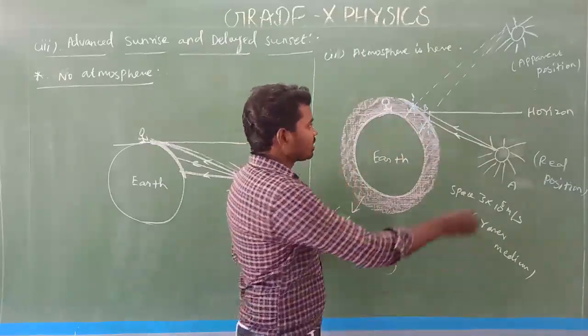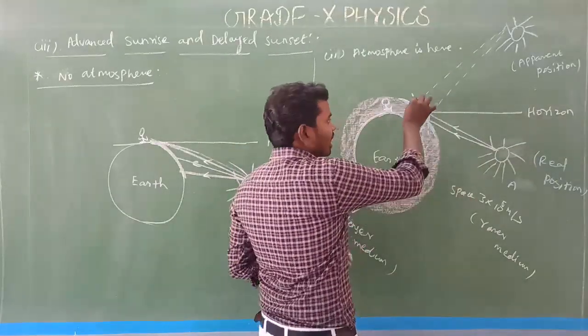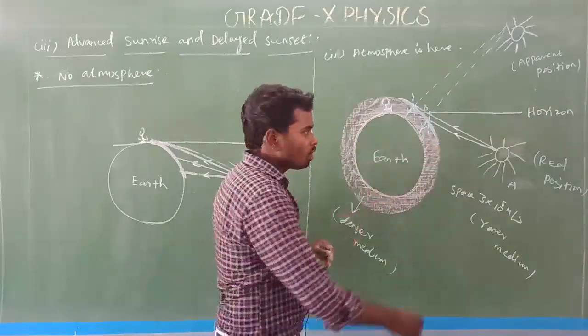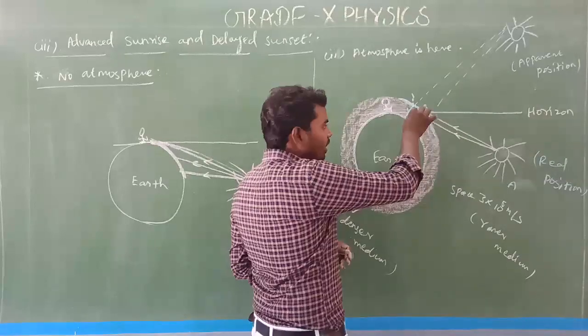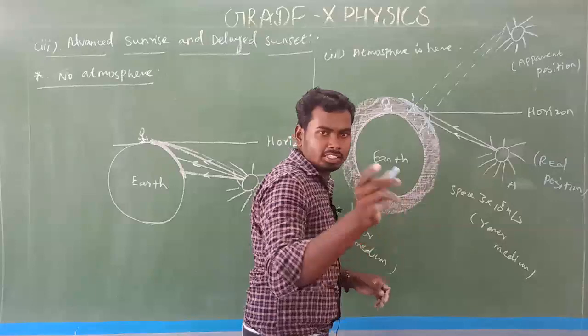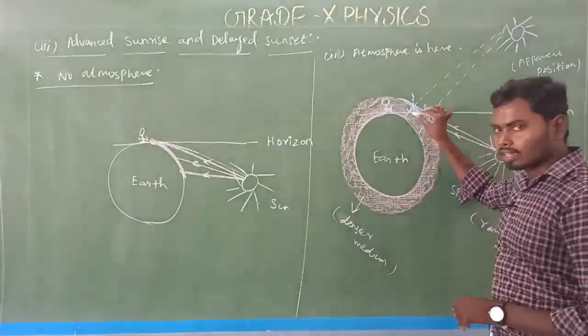Consider this point and this point of incidence, with the normal drawn along each point of incidence. Here light goes from an optically rarer medium to a denser medium, so the light rays bend towards the normal. This is the normal. Light bends towards the normal like this. So this is one refracted ray and that is the other refracted ray.